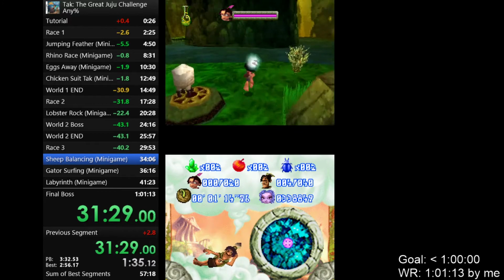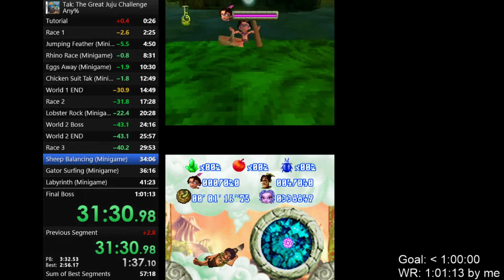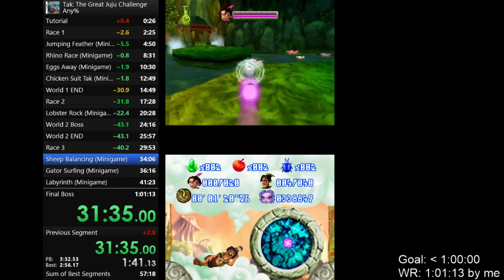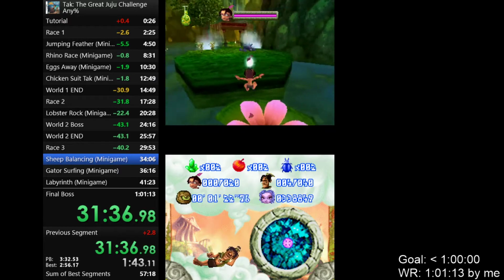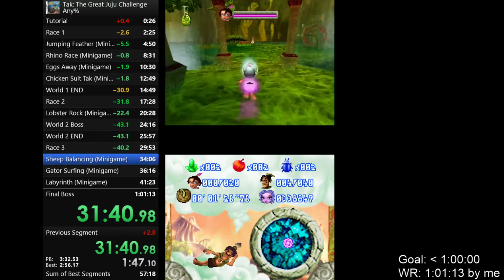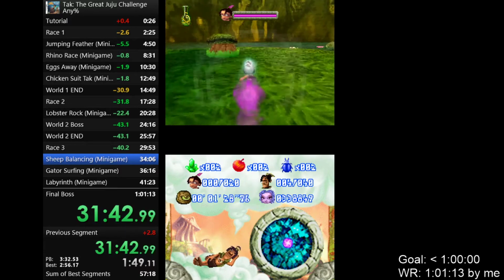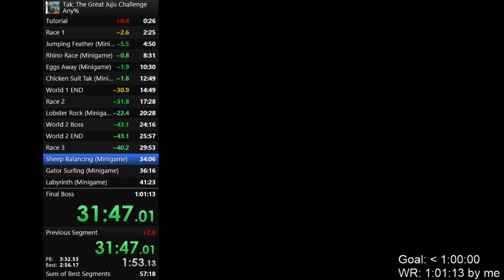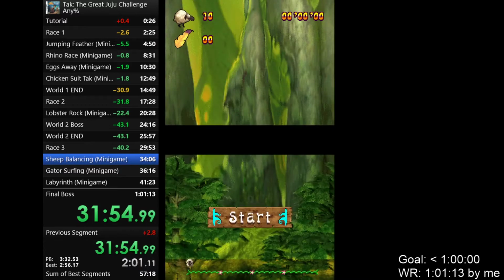Here's the only spot in the game where death warp saves time, because it puts us right where we need to go. Burn all my mana, because I'm going to start a minigame. Sheep balancing. It's not too hard. The controls are a little weird, but...